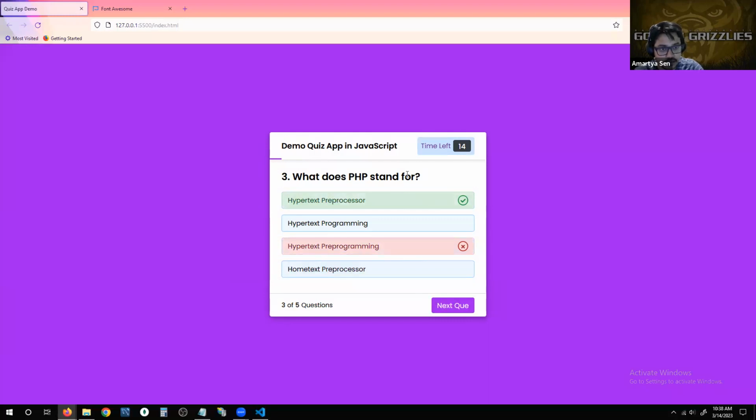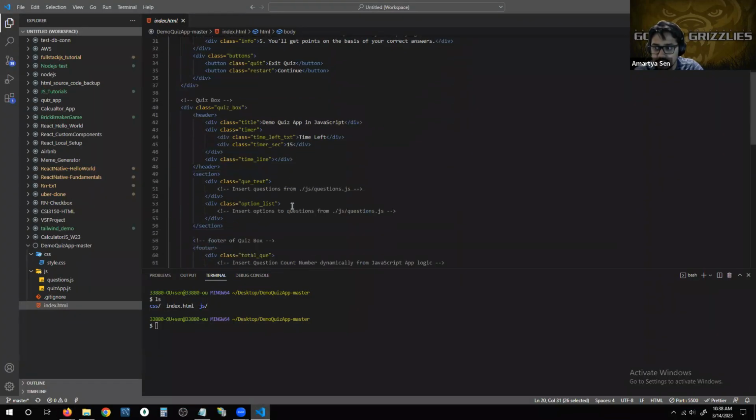So each time this card component is rendered, it's the same card component, but what does change is the question. That is what changes: the numbered question, the options, the right and wrong answer. So this is the part where we are going to dynamically populate the questions. That is what I was talking about when we said that we are going to dynamically populate the questions, because